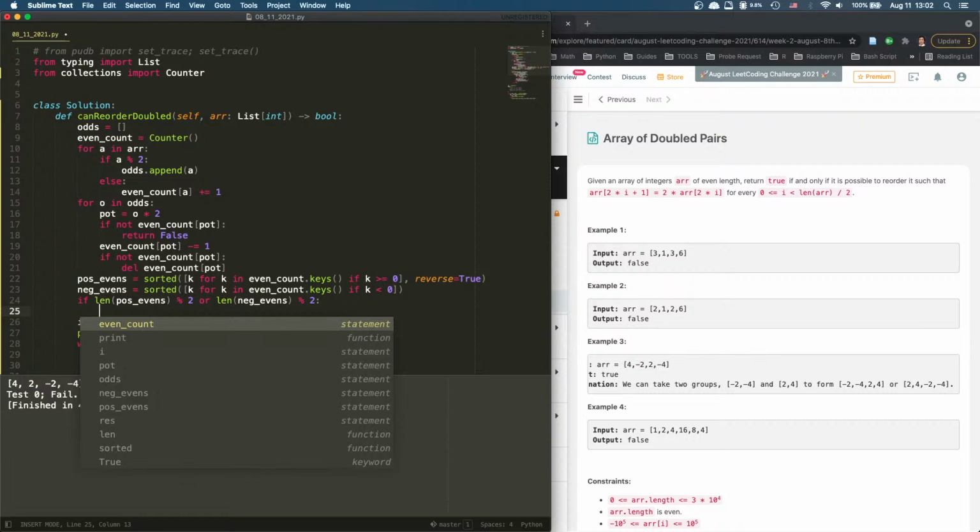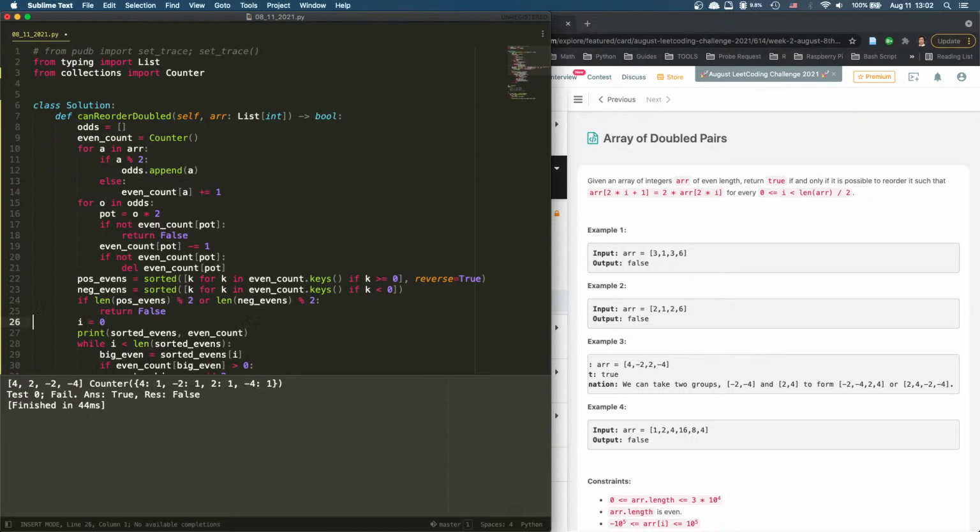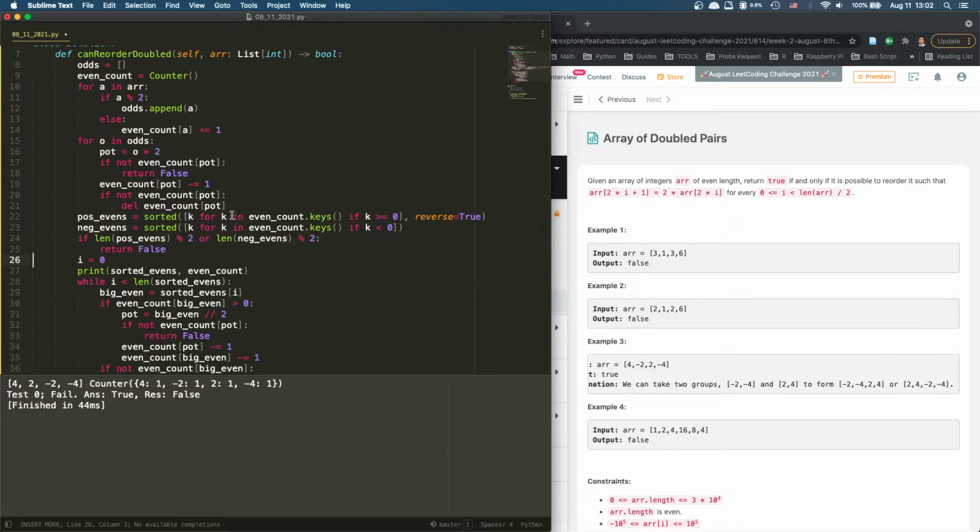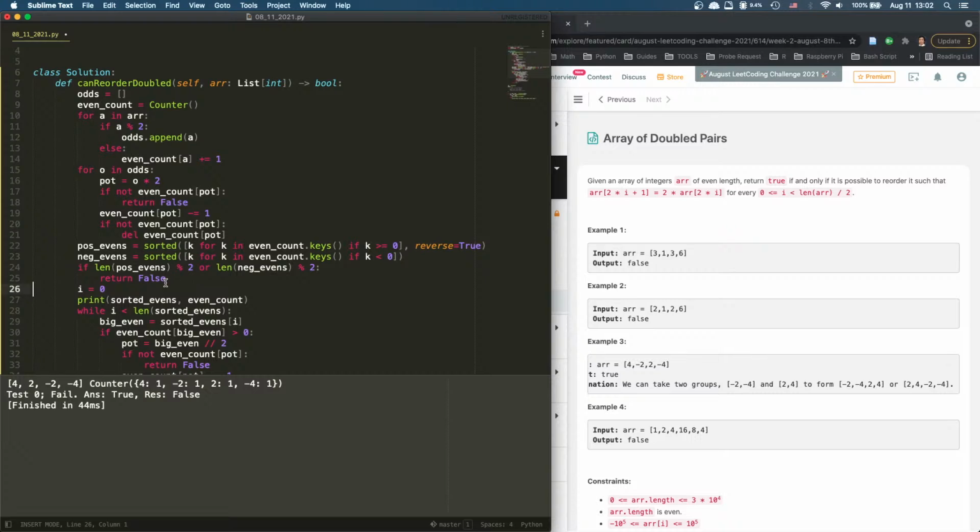Oh, given us all even numbers, and then we take even number out. It is possible. If the length is odd, then we return false because we cannot handle it. And then we're going to do this, which can actually be,